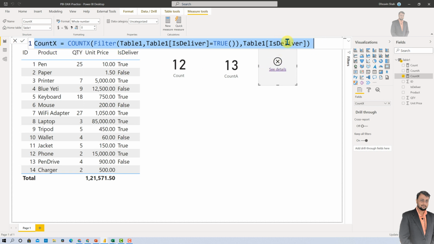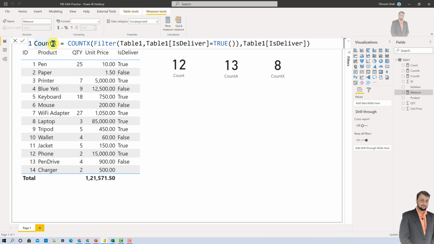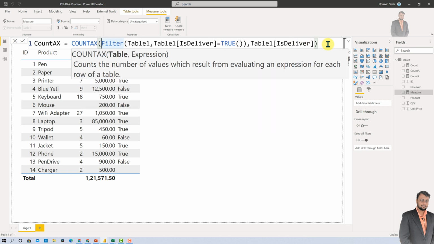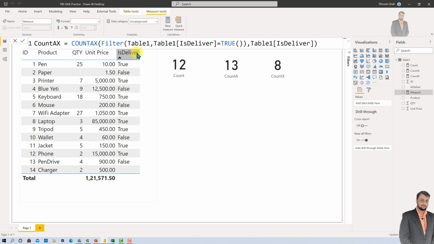So that is our fourth DAX expression. Let's go with that, but before that let me just fix this. I'm just adding this, and now I will create a separate measure for COUNTAX. So this is COUNTAX, and let's provide COUNTAX. I will go with the same filter expression, but instead of quantity I just want the count of each deliver column.